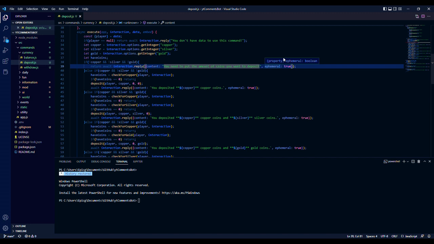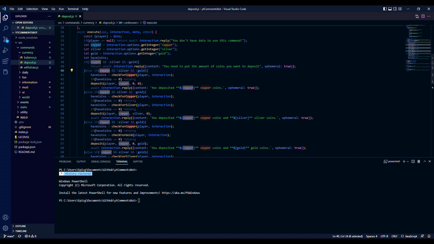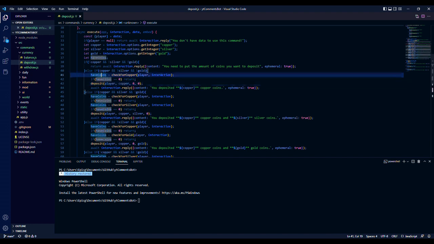If you don't have coins, that's kind of stupid. Anyway, we're doing this again, but this time it's only for copper. So if we have copper coins, check for copper, player, interaction, and if this equals 0,